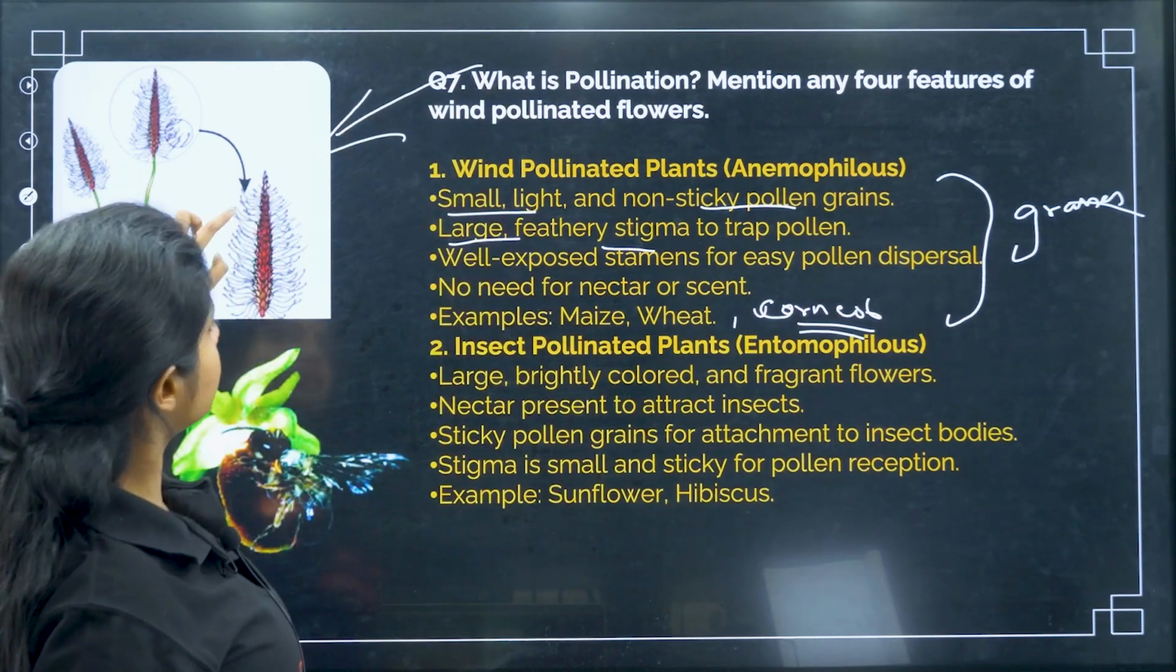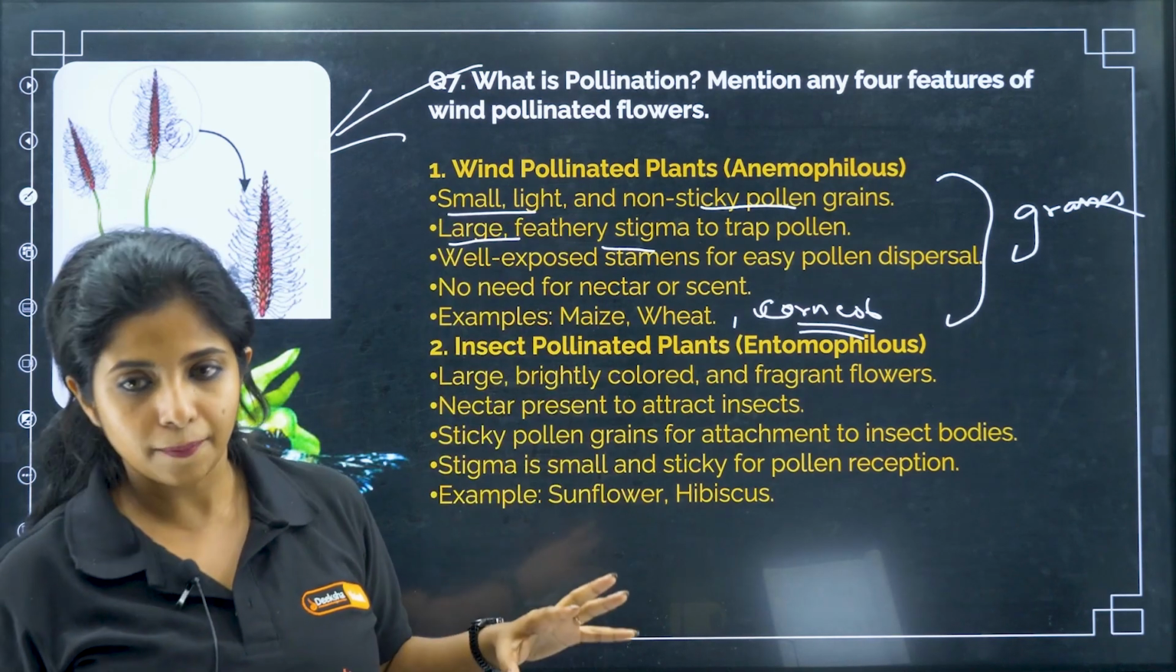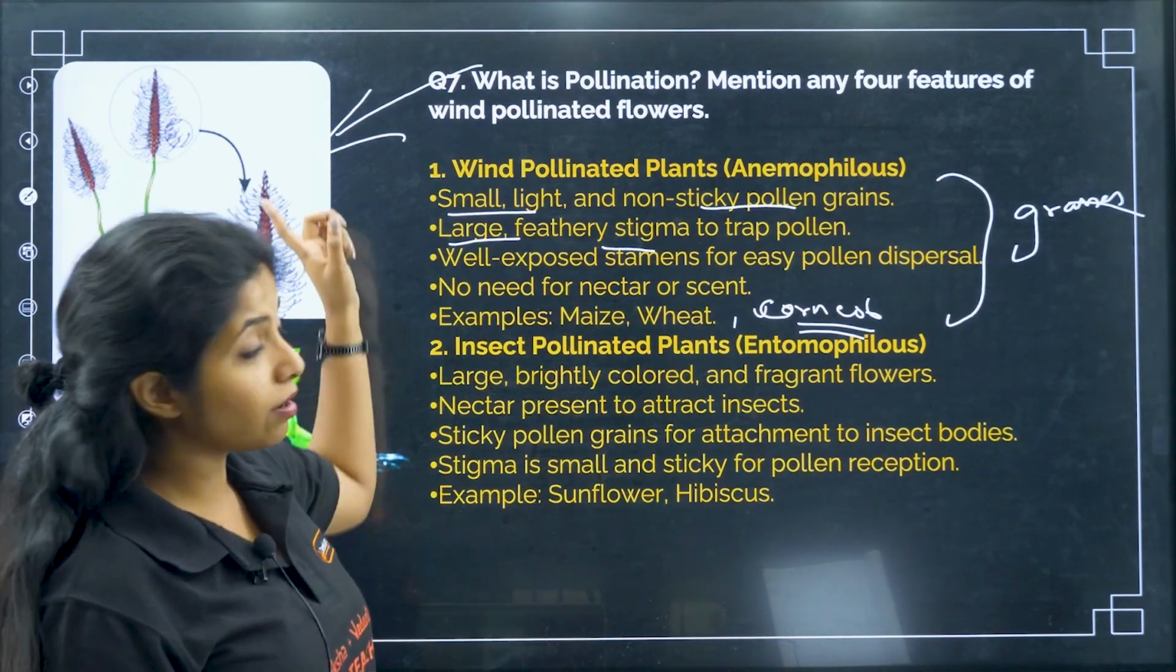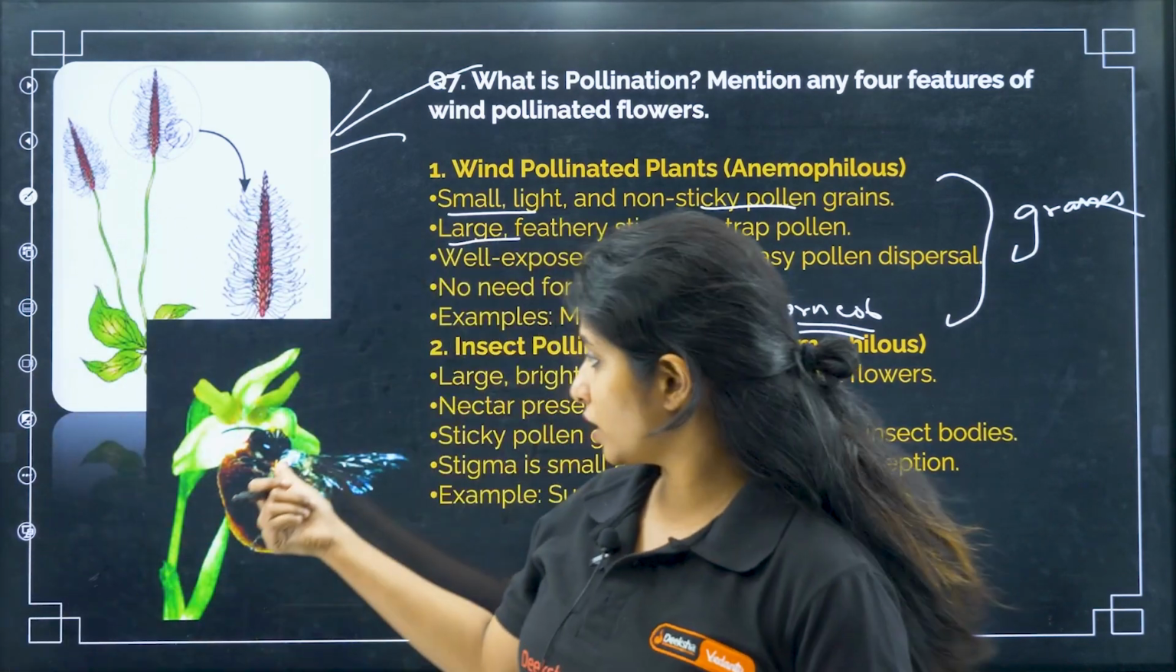This picture is of corn cob. What you see over here, the tassels, are nothing but the stigma and the style. Okay. Now, which are what? Large and feathery. Now, over here, if you talk about insect pollinated flowers, this picture can be given to you,